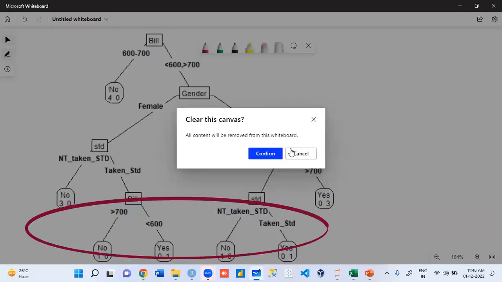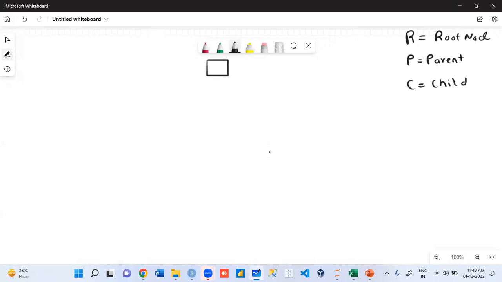Now let's take a scenario. I'll draw a random diagram to explain to you. Guys, R stands for root node; I'm just writing it short because I don't have space. P stands for parent, C for child. I'll give you time to draw.